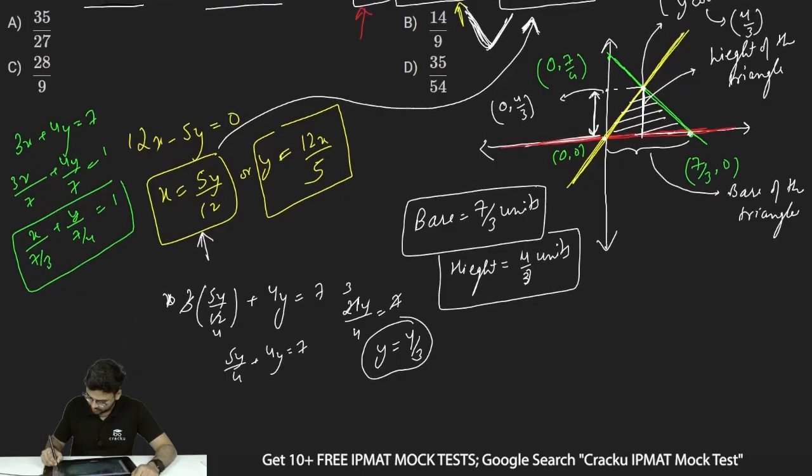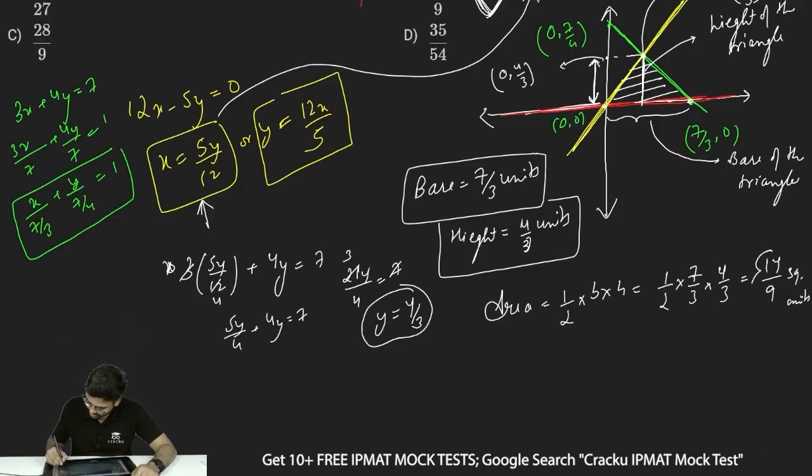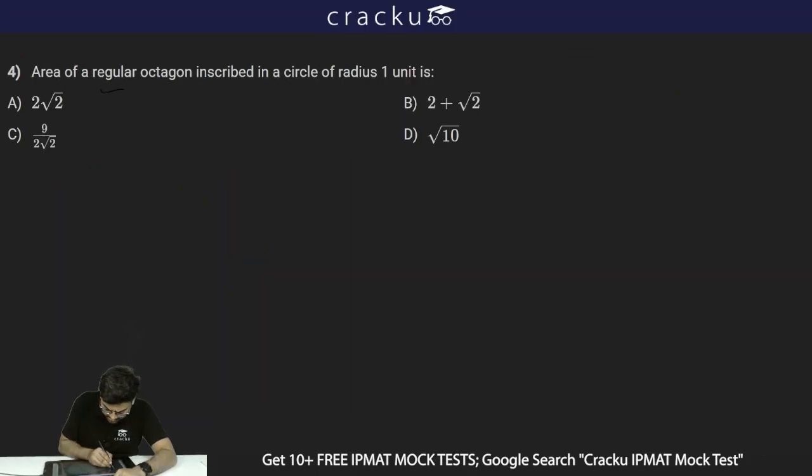Now what will be the area of the triangle? Area of triangle will be half into base into height. Base is 7 by 3 and height is 4 by 3. So half into 7 by 3 into 4 by 3 is equal to 14 by 9 square units. So the area of the triangle will be 14 by 9 square units, and therefore option B, 14 by 9, will be the correct answer. Then the next question is saying: area of a regular octagon